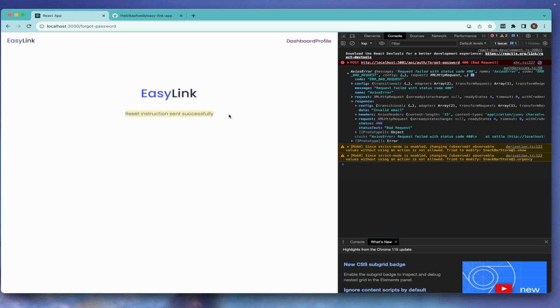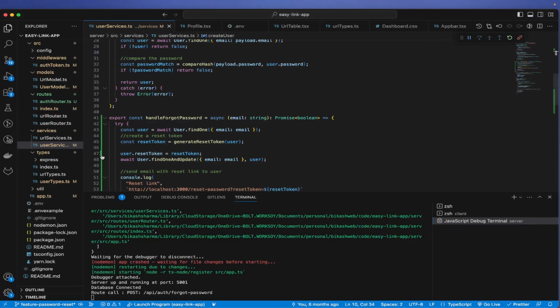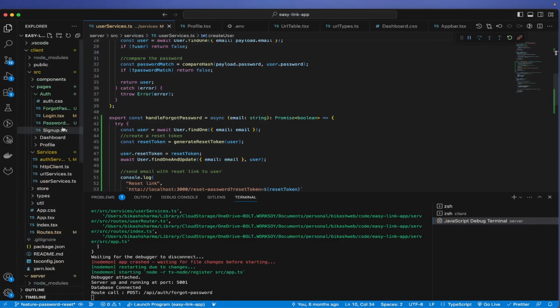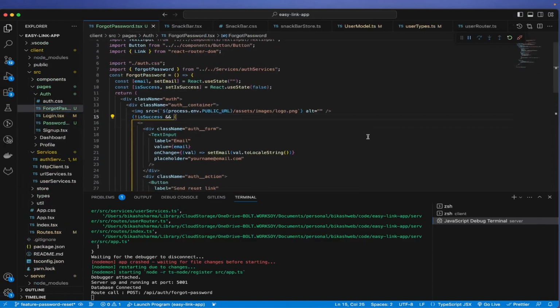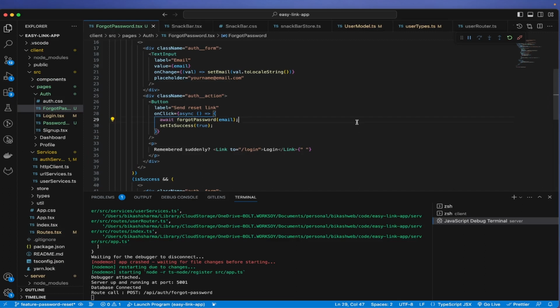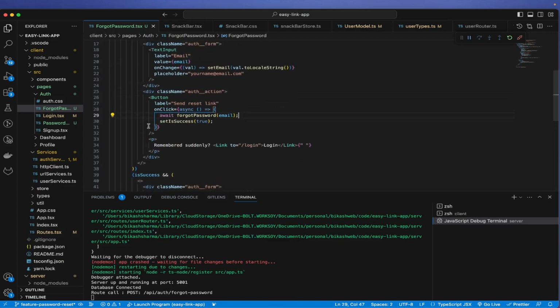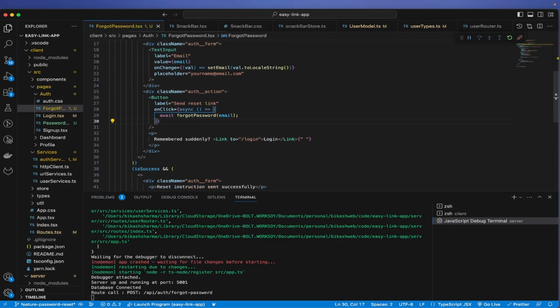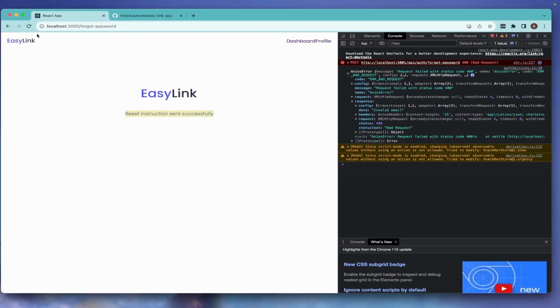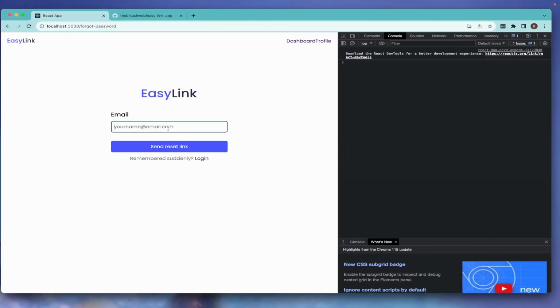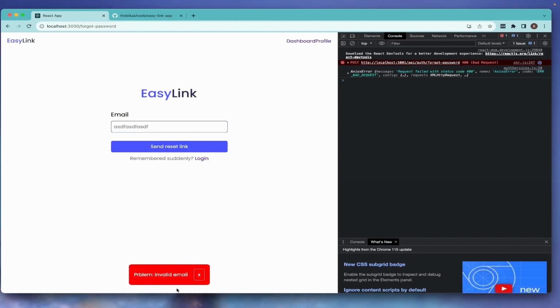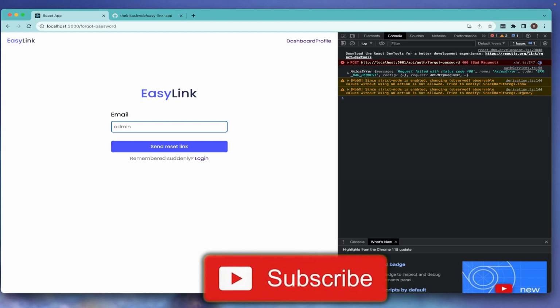And this is exactly what I was telling you, that even when we have failed, it will show this instruction sent successfully, and that is because we are actually not handling this properly. So that's the thing. Actually, I'll just remove this for now, so that we don't have that problem. So here, if I try to do something, it says problem invalid email. However, if I do admin